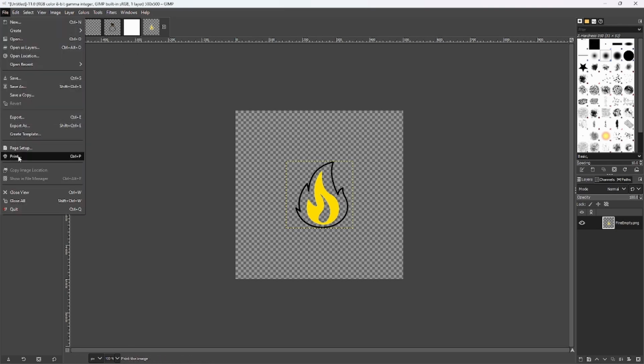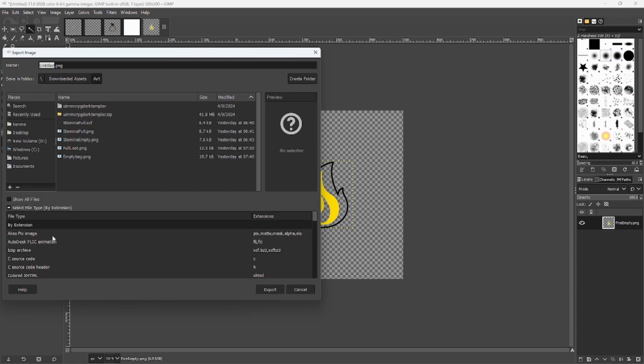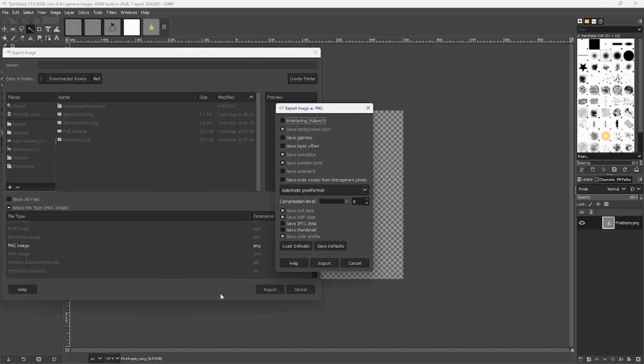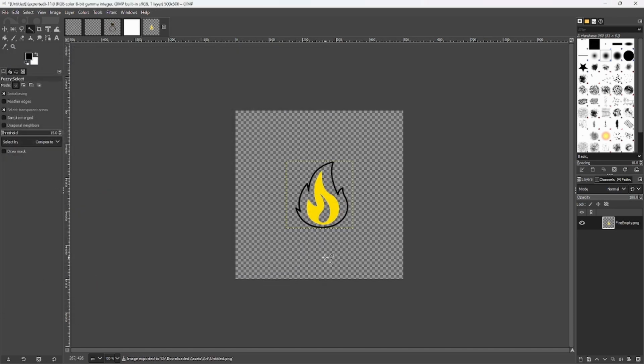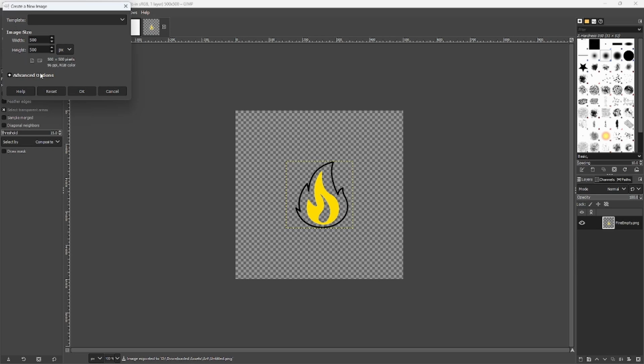Then we'll go to File, Export As, select File Type. You want to scroll down to PNG and click Export, then Export again. Okay, then next we want to go to File, New,